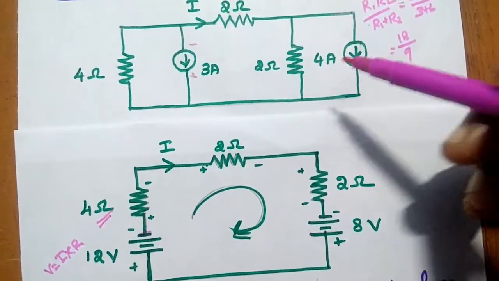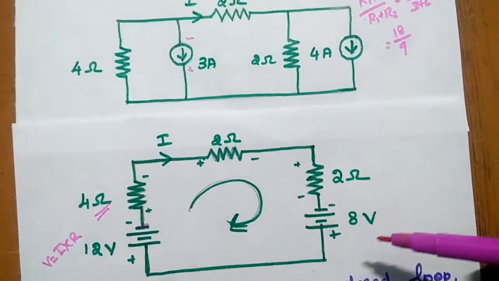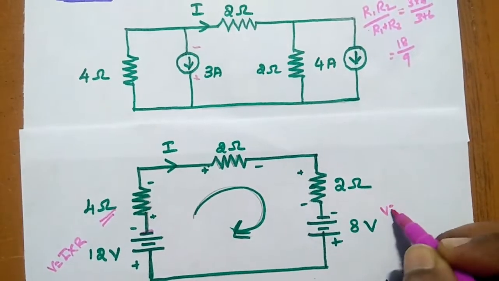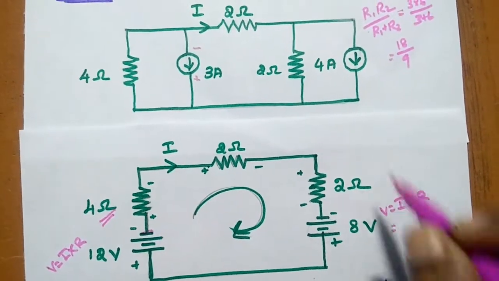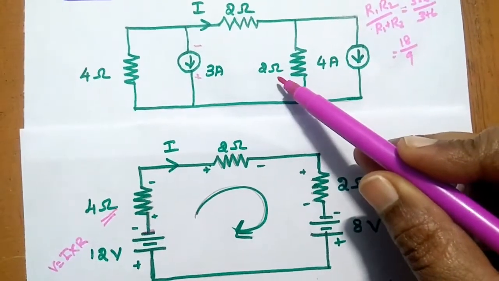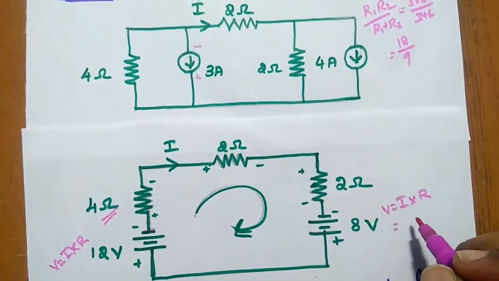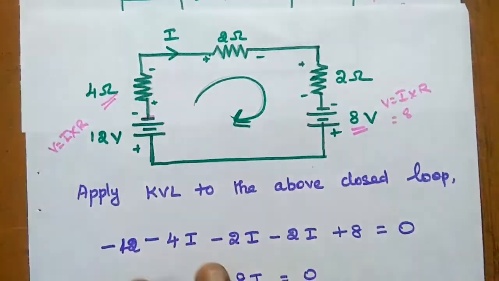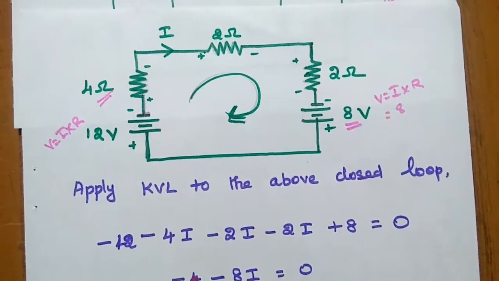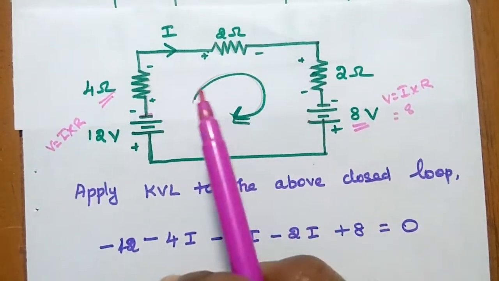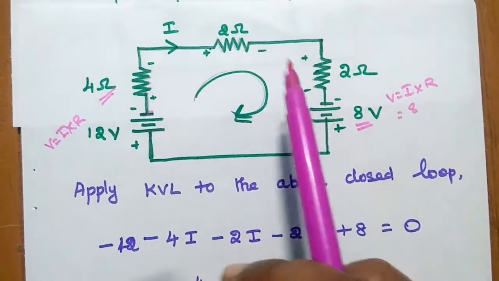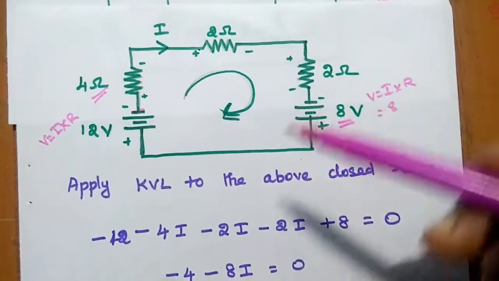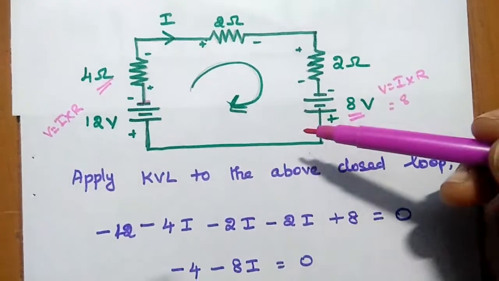Likewise here this current source is converted into this voltage source. Here the resistance is 2 ohm and here the voltage is equal to I into R. So I is what? 4 ohm is, that is resistance is 2. So 4 into 2, 8. Okay, that's why we are having 8 volt. After converting this, we are going to apply KVL. So we can further simplify this into an equivalent resistance because 3 resistors are connected in series. We can add all the resistance together. Okay, or else we can keep it as such and then apply KVL.